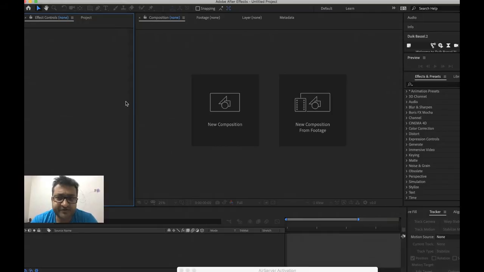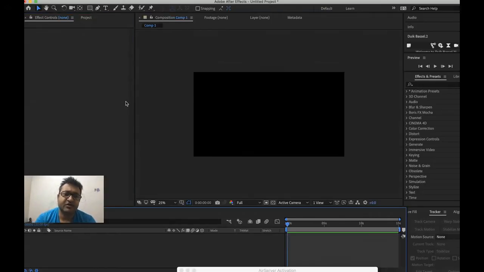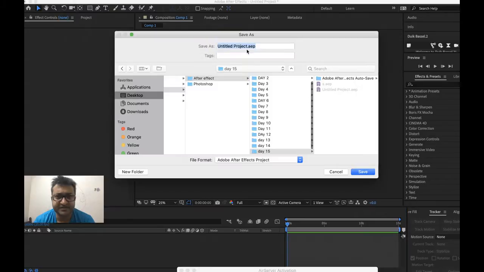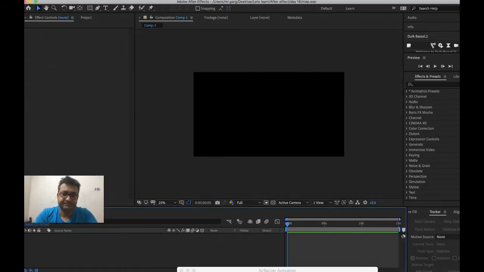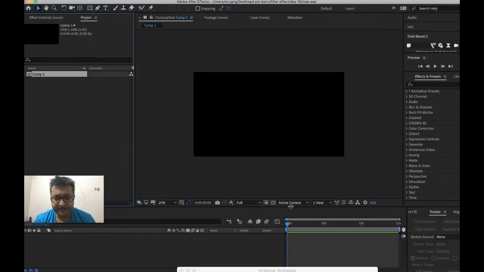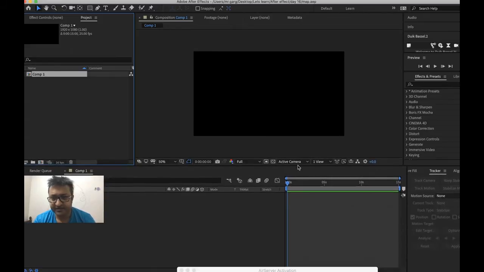In today's chapter, we will be playing with different types of effects and learning how displacement map is applied. So to start with, let's create our project by the name of effects. Let's save it. We will be playing with different types of effects today. So let's start with